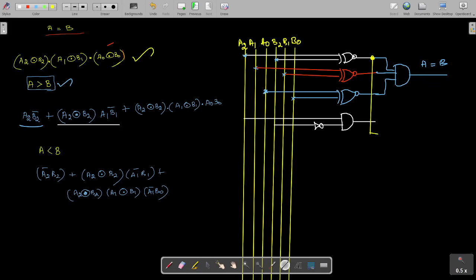So I have taken that, and then A1 B1 bar is also along with that second term. So take the connection from here. This is A1, and then this is B1 bar. We have to take B1 bar. Okay, so these things are actually ANDed.